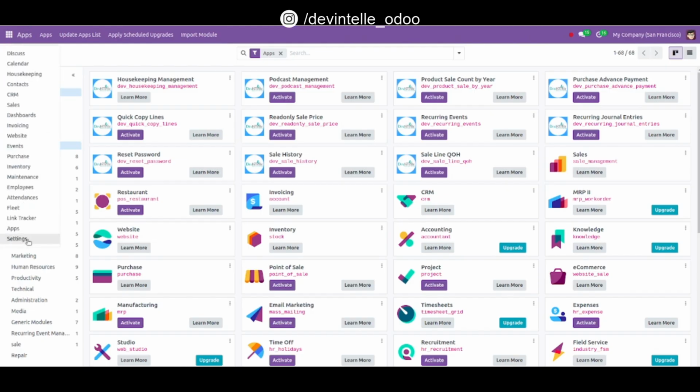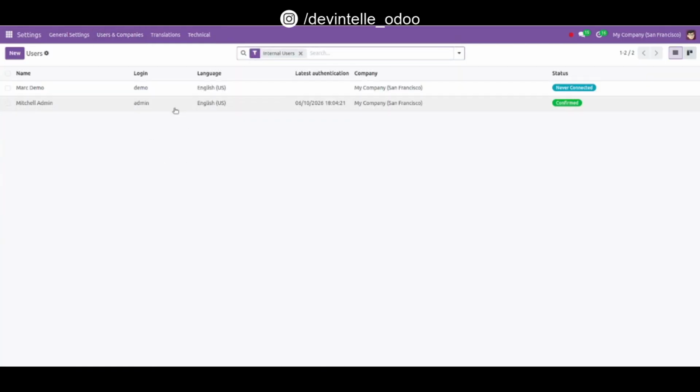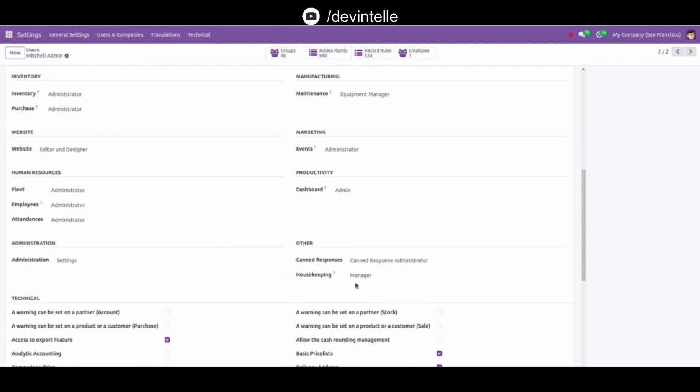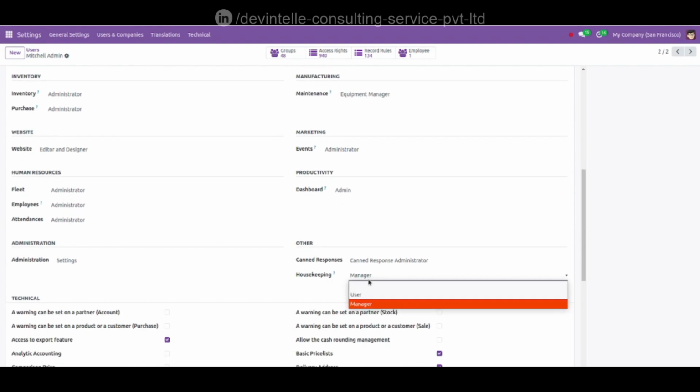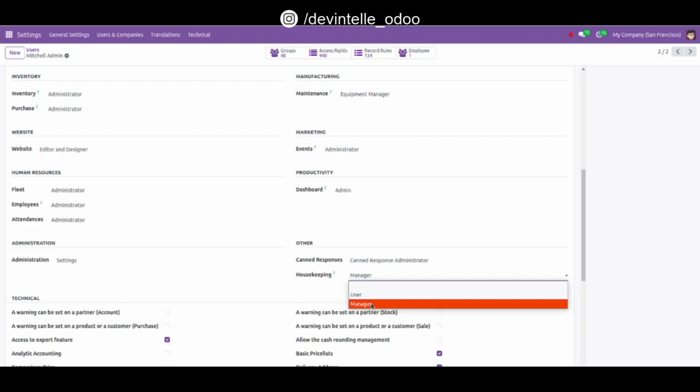First go to settings, go to users, and go to this admin and provided here this option, housekeeping. So in this housekeeping we have a total of two options: user and manager. As a user you can view only your jobs and only your appointments, but when manager is selected, then